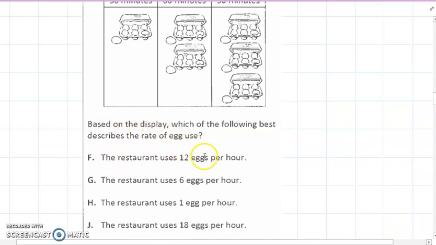F, the restaurant uses 12 eggs per hour. G, the restaurant uses 6 eggs per hour. H, the restaurant uses 1 egg per hour. Or J, the restaurant uses 18 eggs per hour. And so you got to think there, well, if they want it per hour, then I'm going to just